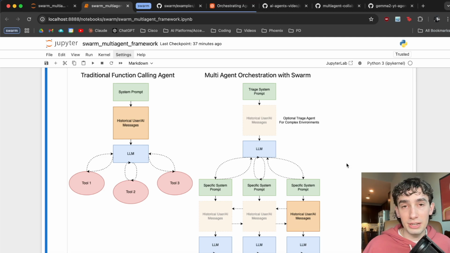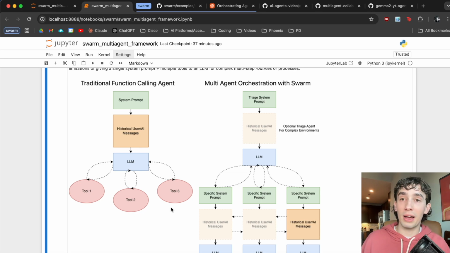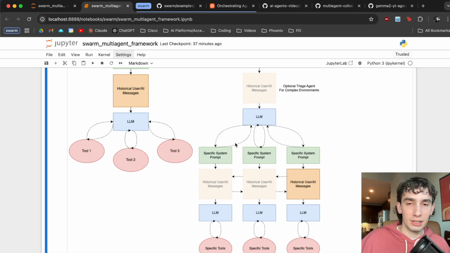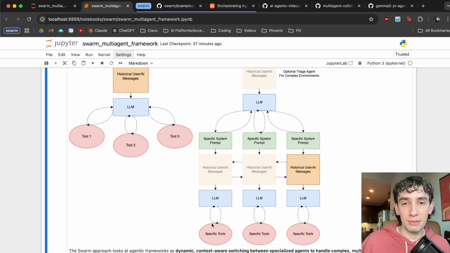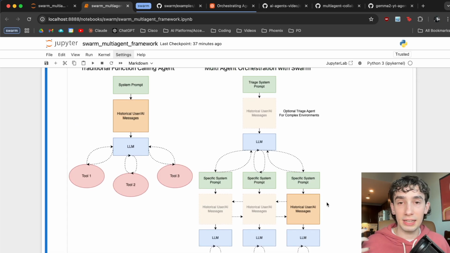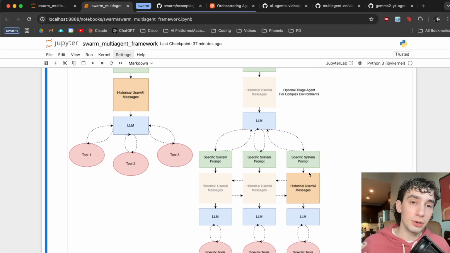Each one of these sub-agents is going to be a decomposition of your original routine or your original process that you're trying to complete into those specific individual agents that can cover them and have the specific tools to handle those requests. To do this, they propose essentially just having the dynamic swapping of system prompts and tools. So you're maintaining all of the